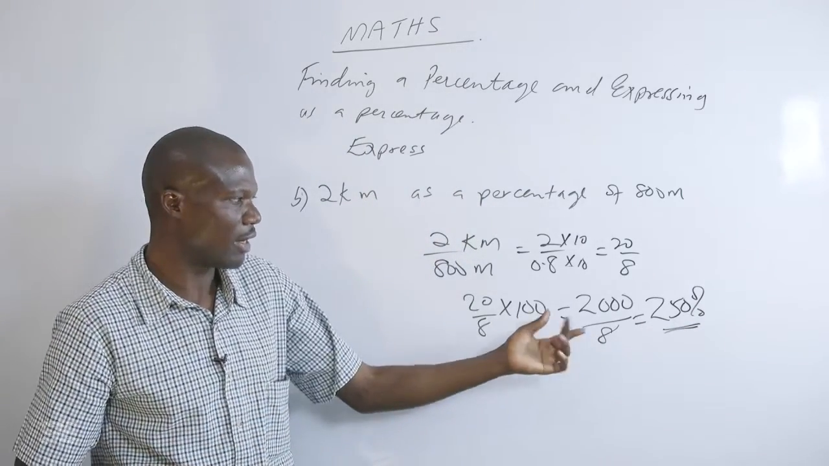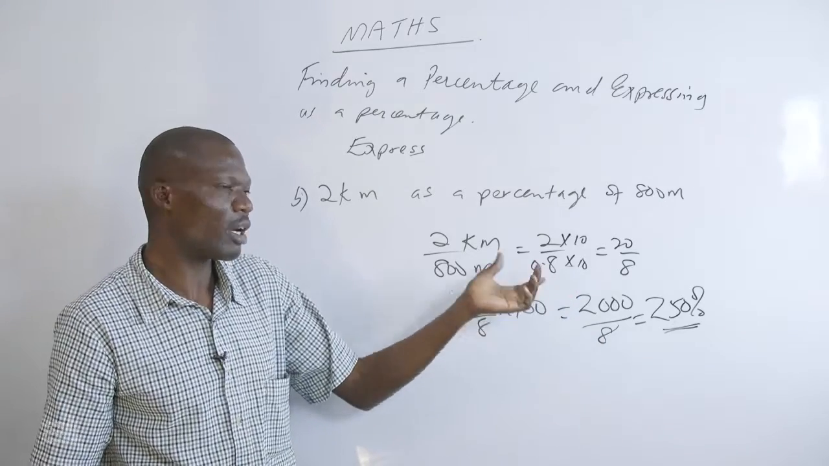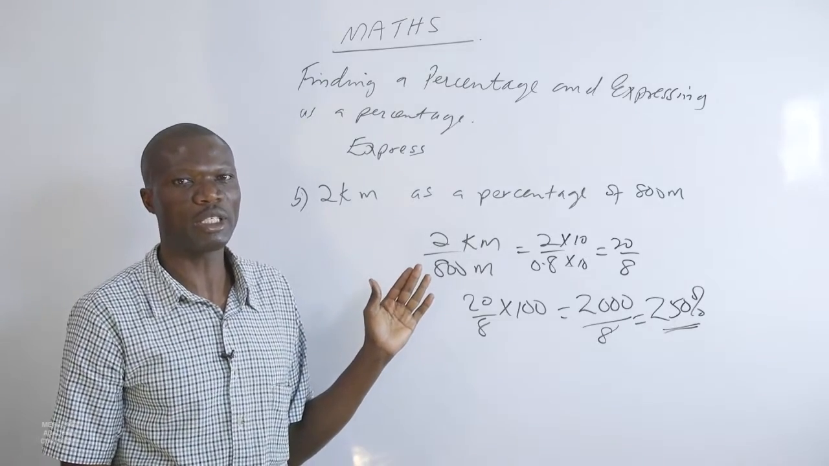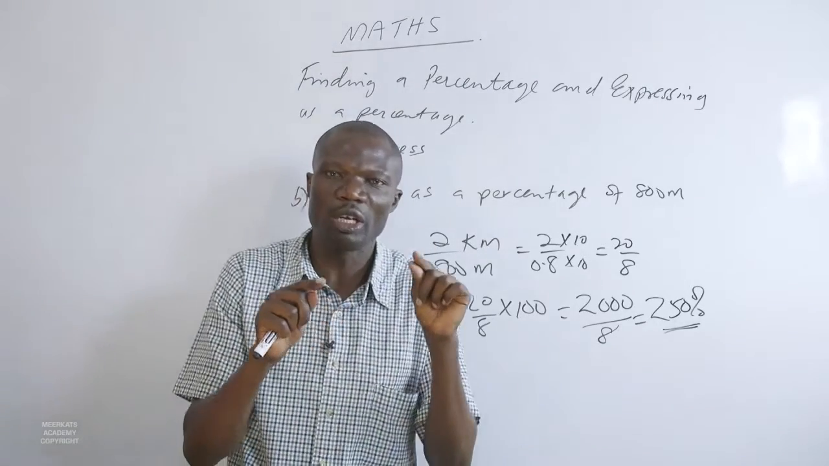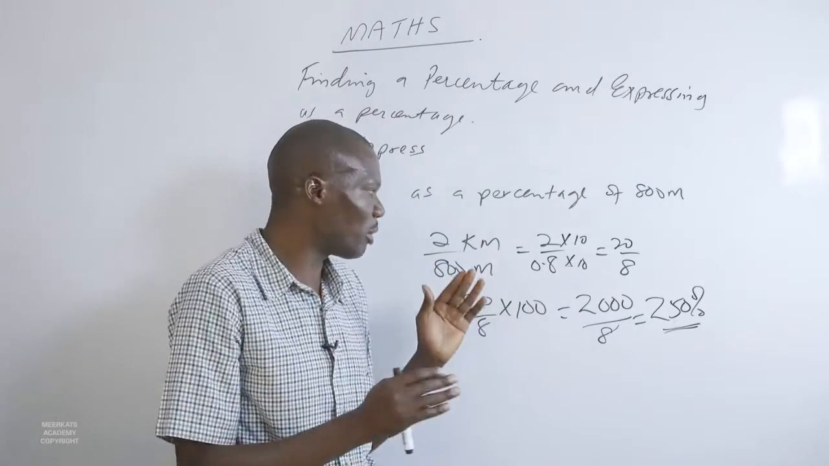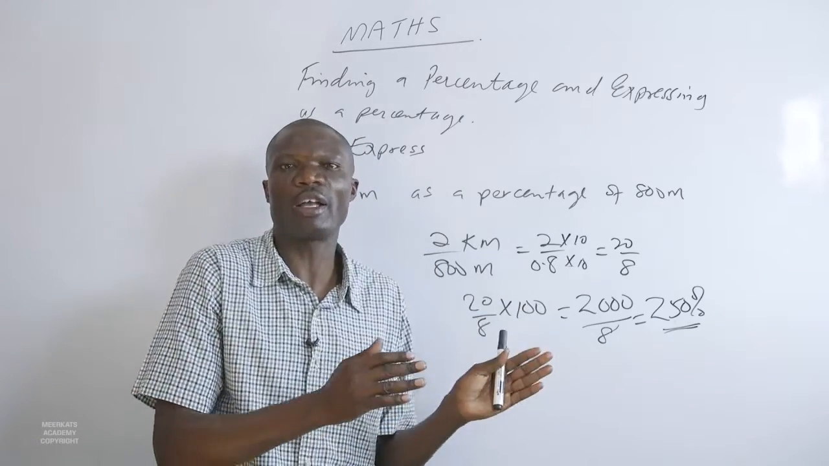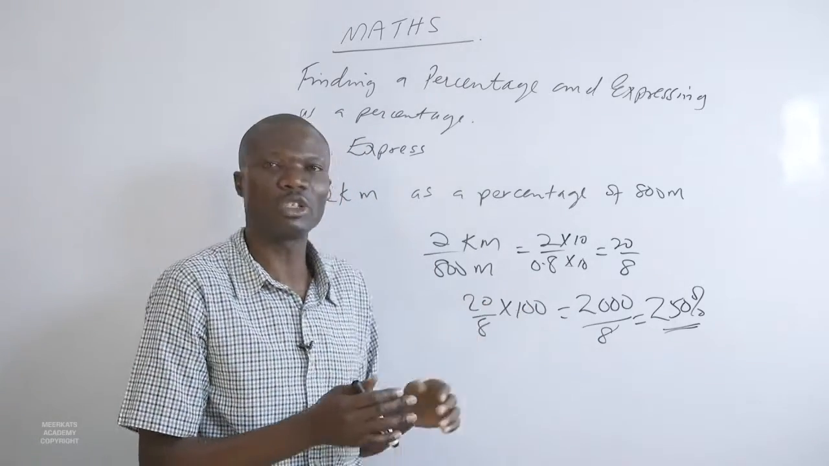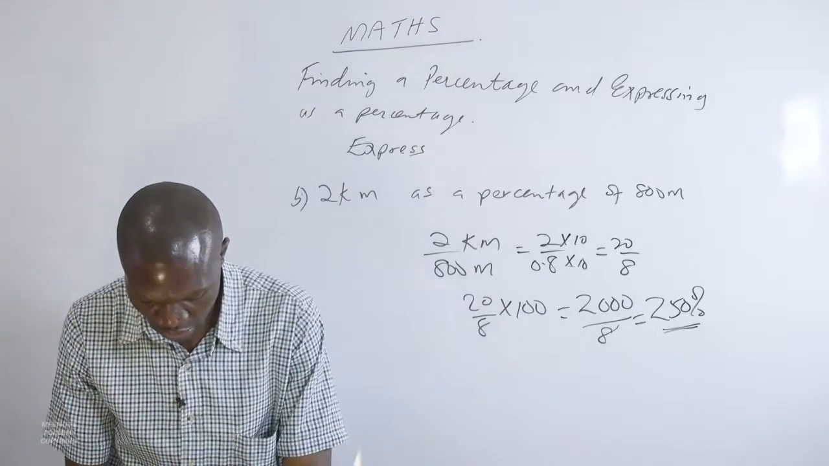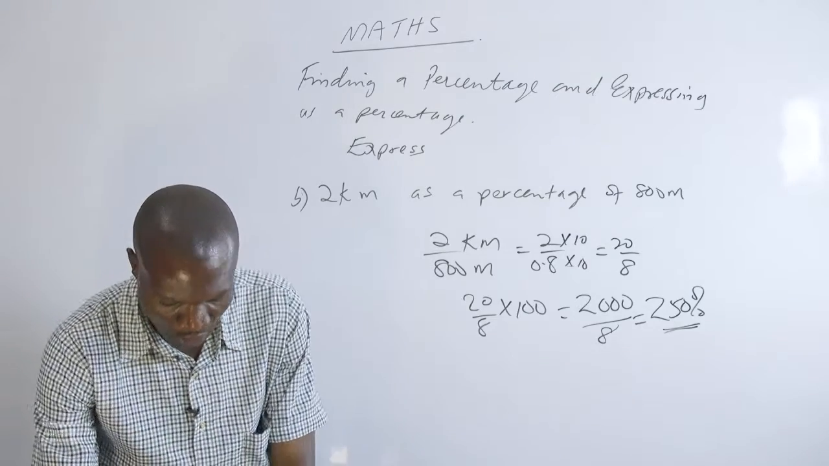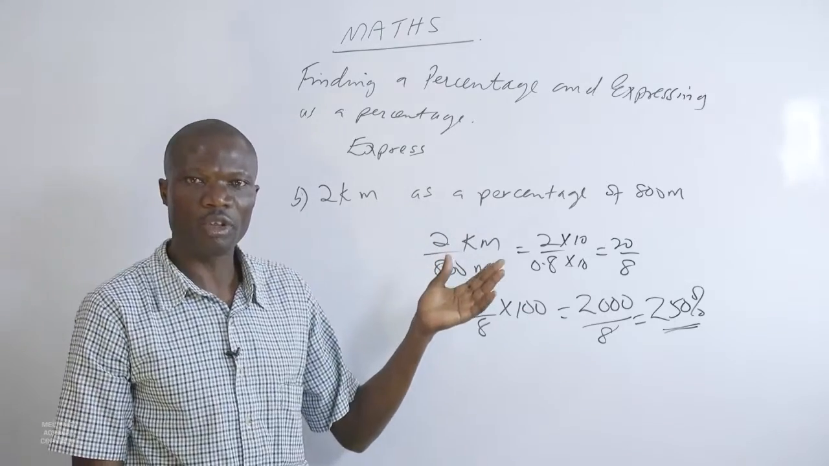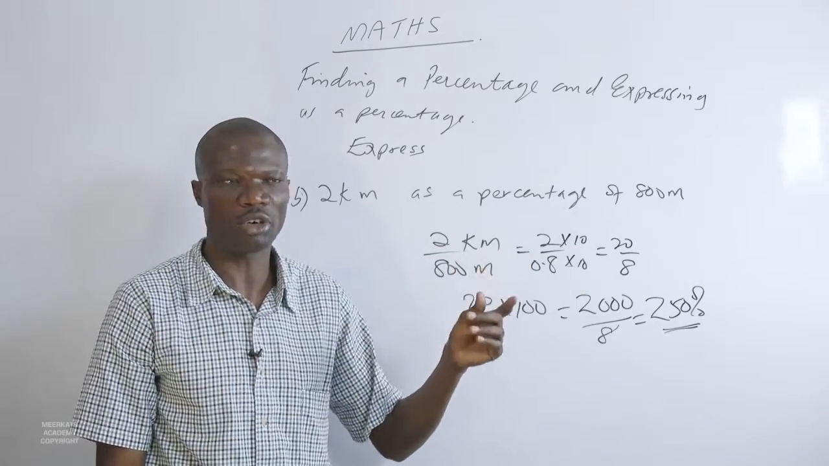So what am I saying? I'm trying to say that when you are converting a unit as a percentage of another unit, make sure that those two units are in the same form. So the moment you make the units in the same form, you find you have a fraction. Take that fraction now, multiply by 100, and there you are. So we should be able to convert any of the units, be it dollars and so on, into